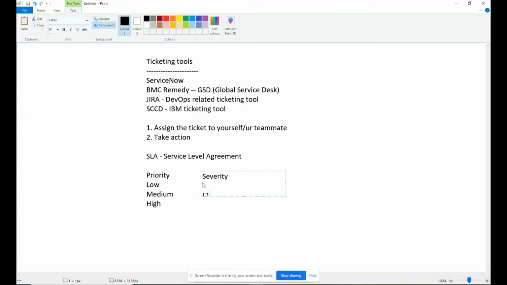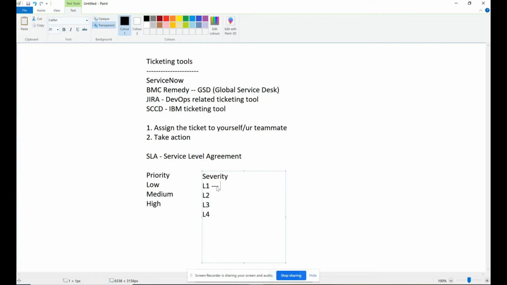Severity means L1 ticket, L2 ticket, L3 ticket, L4 ticket. So priority is different, severity is different. Now when you get a low, medium or high priority ticket, or severity L1, L2, L3, L4,